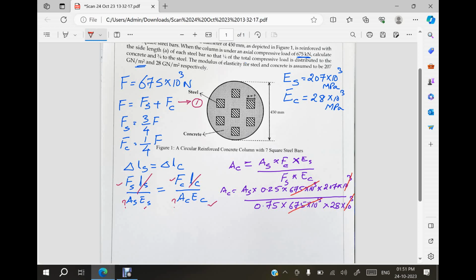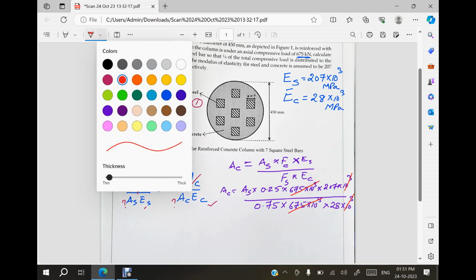Now if I make the calculation, I am left with 0.25 multiplied by 207, divided by 0.75, divided by 28. That gives me how much? 2.75